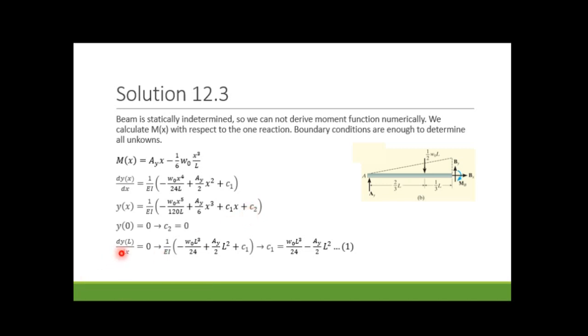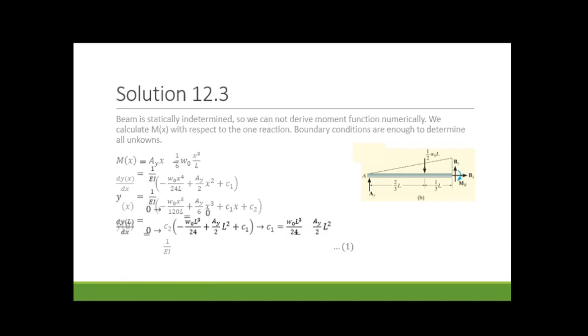You remember that the second one, the slope is equal to 0 at point B. Therefore, I write dy/dx at x equal to L is equal to 0. I put L instead of x in this function, and this term should be equal to 0. If I put L in, C1 is equal to, not clearly because it's later, this depends on Ay, and I remember this is equation 1. I want to continue,